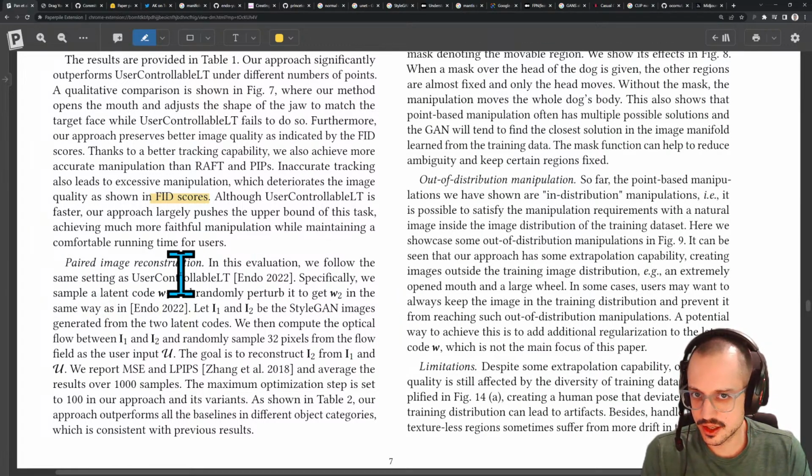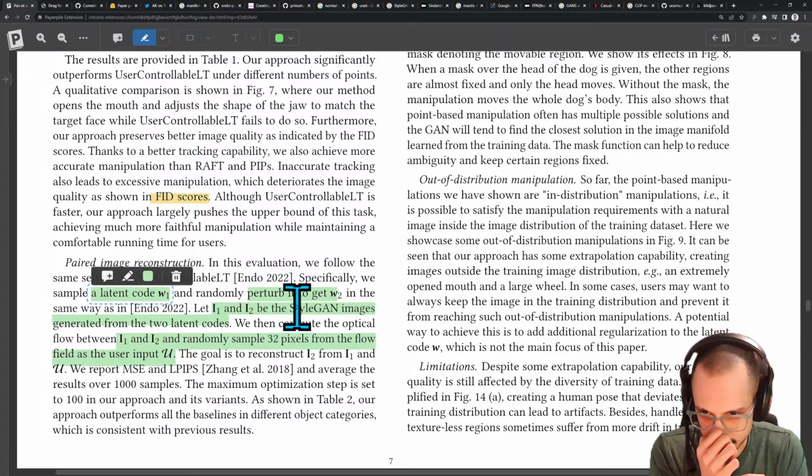Specifically, we sample a latent code W1, randomly perturb it to get W2. Let I1 and I2 be the StyleGAN images generated from the two latent codes. We then compute the optical flow between I1 and I2 and randomly sample 32 pixels from the flow field as the user input U. Okay, so they're coming up with this automated way of creating